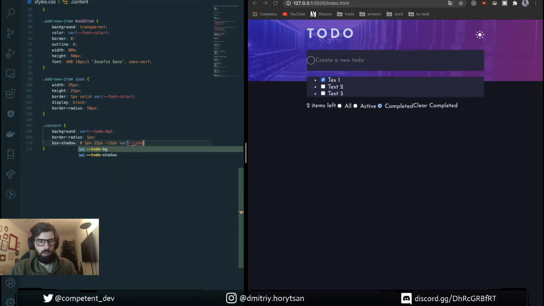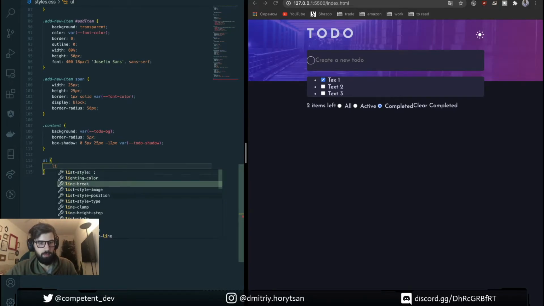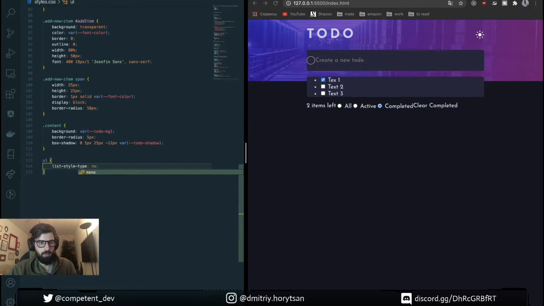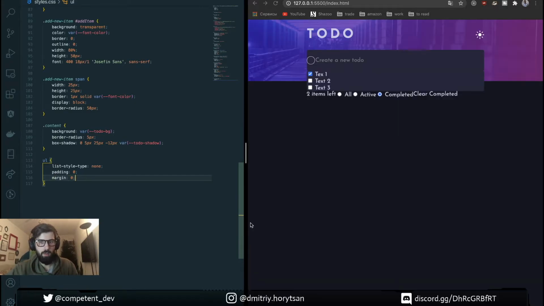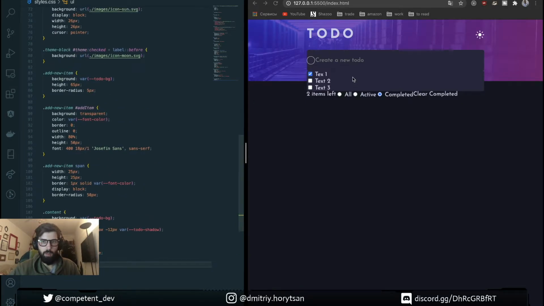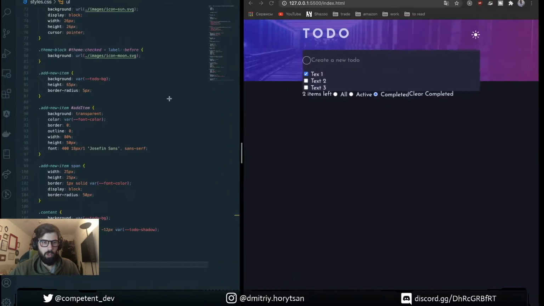I'm gonna use the todo shadow. So let's style our list. I need to reset the styles for the list. Okay. Need to add here some margin.